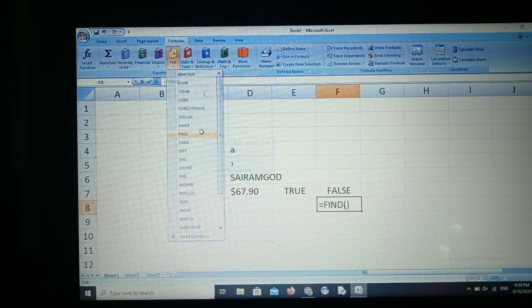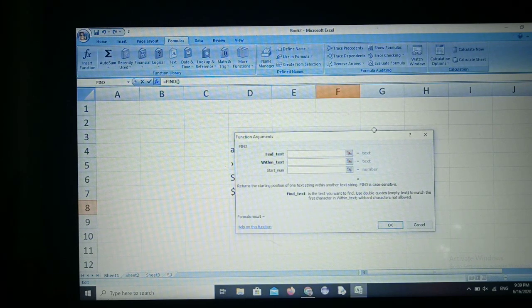The next one is FIND. So you find the text to match the first character in the text. So I want to find God. Give it within double quotations, otherwise once you click it here automatically it will take within text.